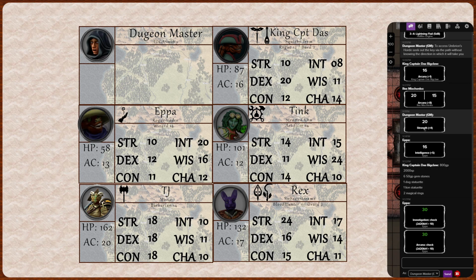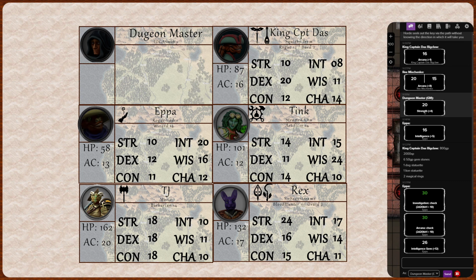Give me an Intelligence saving throw, you suck on the crystal. Oh no. That's a 26. Okay, your brain doesn't overload itself from the information. Here to make a couple of things from those blueprints.